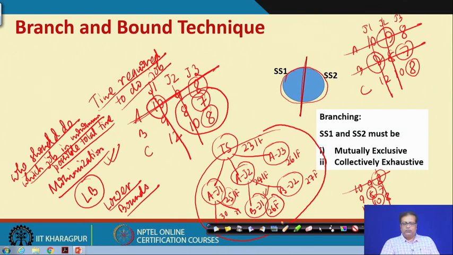It could be a lower bound for minimization and an upper bound for maximization. Once we find the bounds, then keep on branching till you get to a point where a particular branch is fathomed, that means we cannot go further into that branch anymore. So, when that happens, we have found the best possible solution by observing all the nodes and finding the best possible bound values. As we see more and more examples, our concept will be clear.